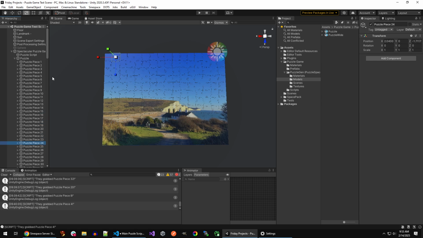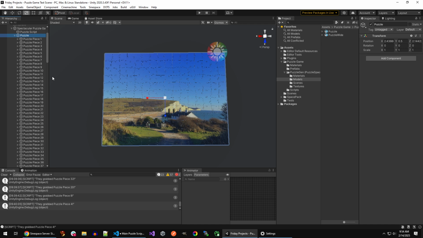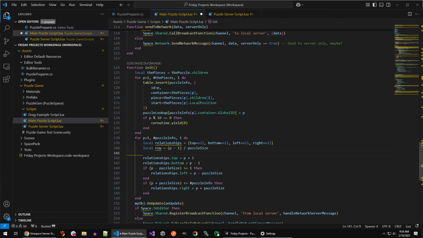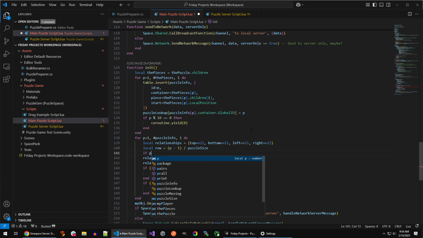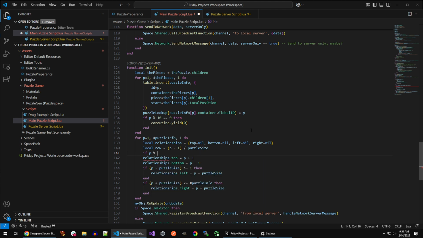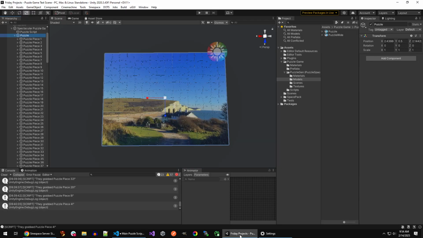12 does not have a top. 24 does not have a top. Those are the top pieces of their row. 36 does not have a top, and so forth. So really, this is about where this piece fits in its row size. If we just puzzle out the math on this, then we can say if P modulus puzzle size, so that's going to give us the remainder after we divide it by puzzle size,